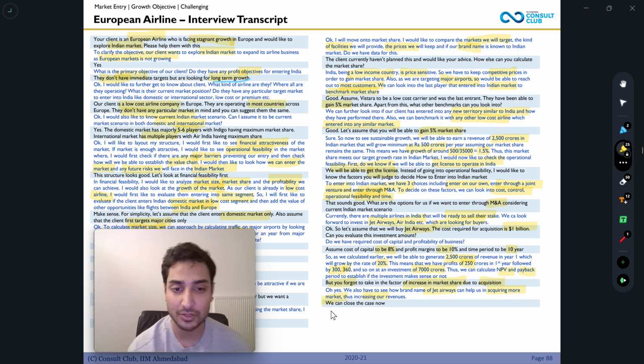So we didn't go much into calculation, but we showed that we understand the concept and the factors we have to look into if we want to calculate the market share, return on investment, or how much time it will take for us to generate profits and recover our investments. It was not asked by the interviewer to go deeper, so we closed the case there. Pretty good case. The candidate was able to keep track of things told by the interviewer and answer his questions in a structured way.